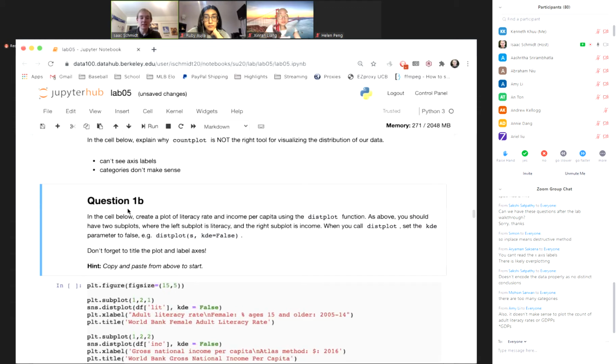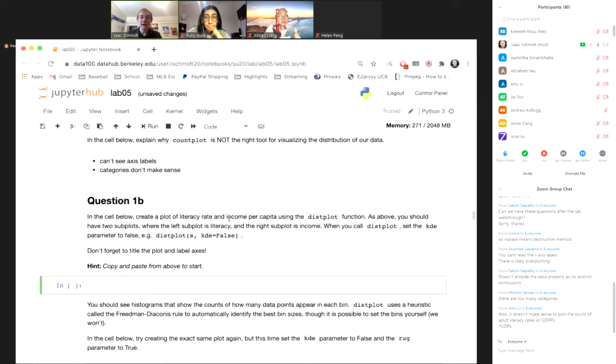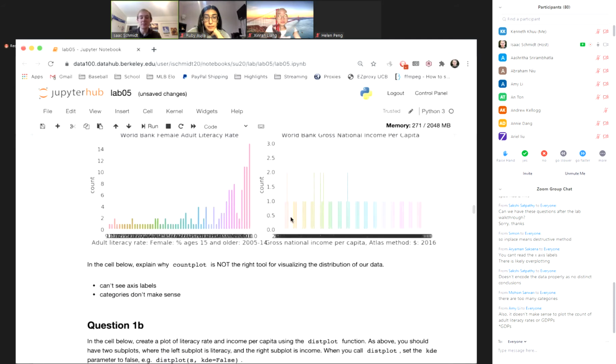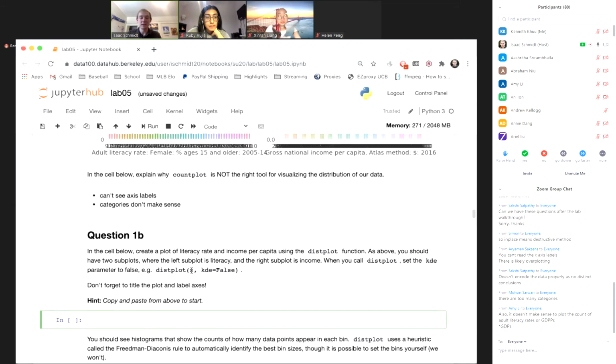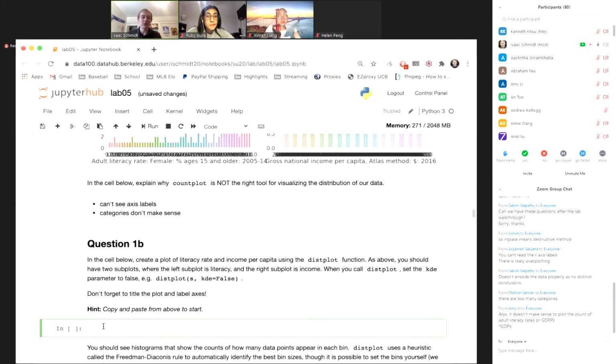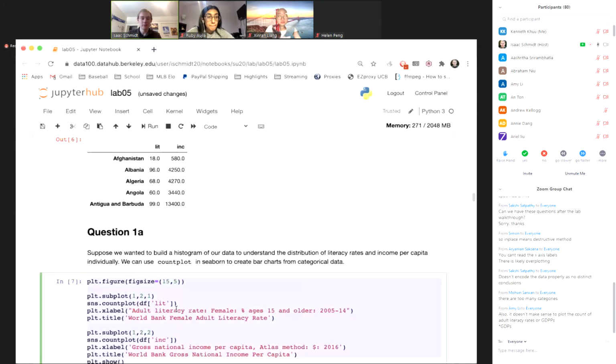It says, in the cell below, create a plot of literacy rate and income per capita using the distplot function. As above, you should have two subplots. So we kind of have the same setup here, except now we're using distplot. And it says, note here, use distplot, set KDE equals false. There's a big hint here. Always read the hints. Copy and paste from above to start. Okay, so let's